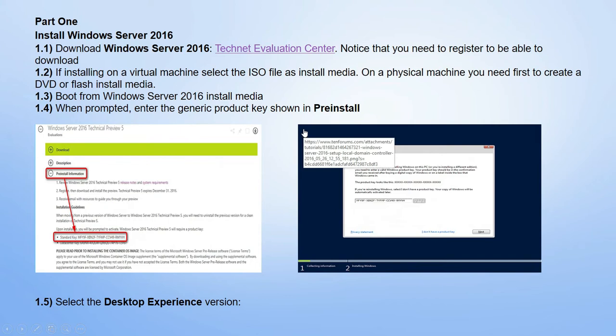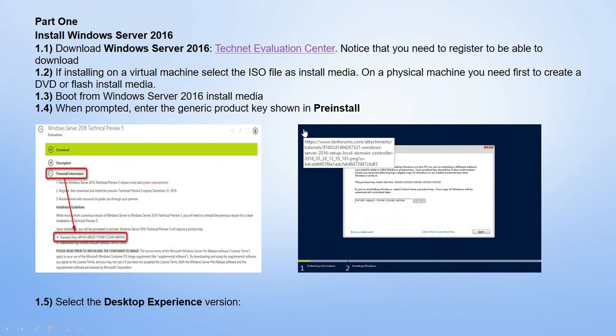Whenever you are downloading, note that you need to register to be able to download. If installing on a virtual machine, select the ISO file as install media. On a physical machine, we first need to create a DVD or flash install media. Then boot from the Windows Server 2016 install media.